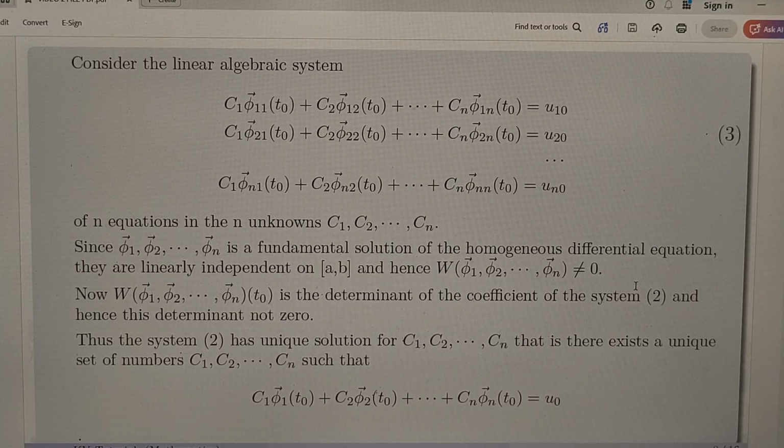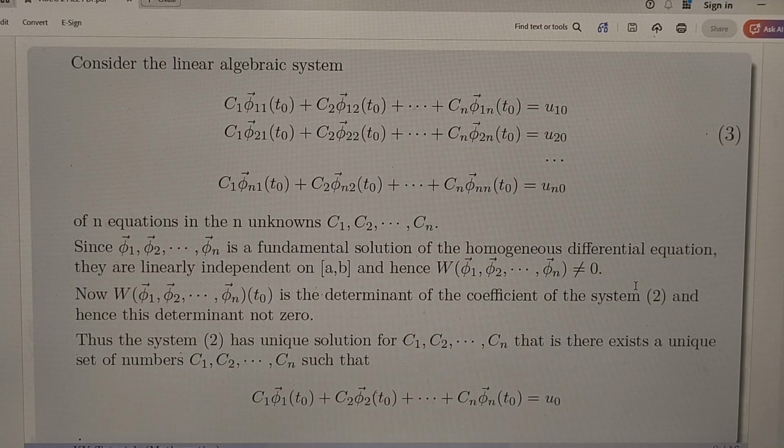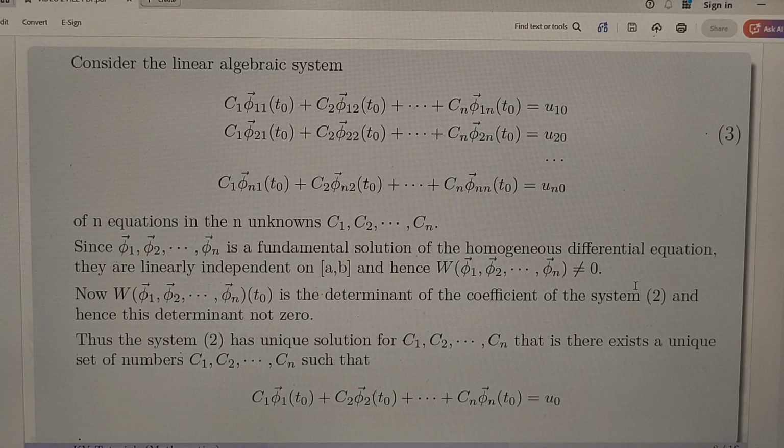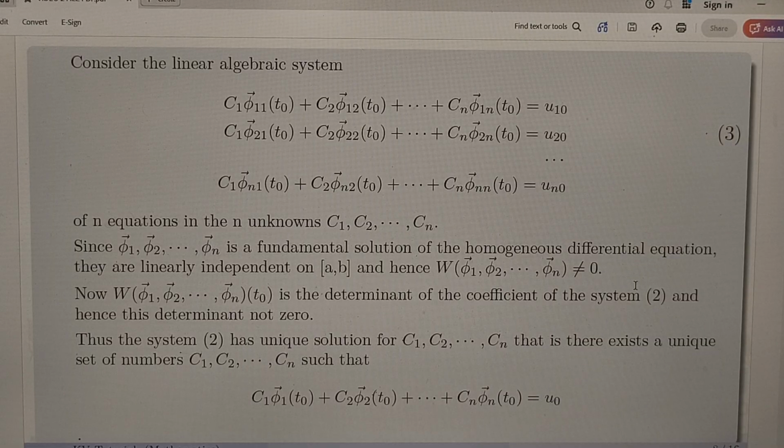That means this system has a unique solution c1, c2, cn, because the coefficient determinant is not equal to 0, and we know this property of linear algebra: a non-homogeneous system of equations has a unique solution if the coefficient determinant is not equal to 0. That means we know that x equals A inverse b, where the determinant is not equal to 0, proves A inverse exists. In the same way, here the coefficient determinant is not equal to 0, which means the system has a unique solution. Therefore, there exists a unique solution of this system of equations,